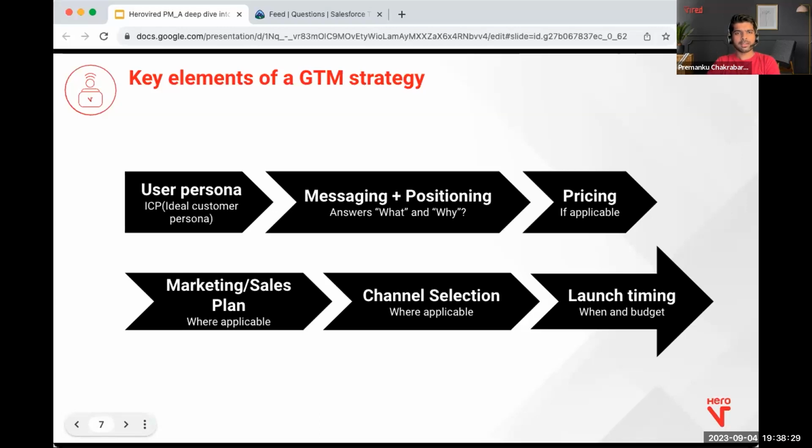All right. Then the other aspect is pricing, right? So we spoke a little bit about it from a Netflix standpoint, but pricing is an aspect of go-to-market that we cannot ignore at all, right? And there are various pricing plays that the companies do, right? Some companies do something called skimming pricing, right? Where they keep the price of the product pretty high, and they try to capture only a certain segment in the industry, right? Can you guys think of some products such as those, where the price is super high and